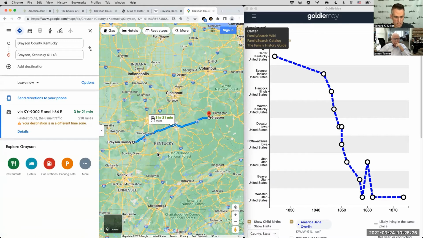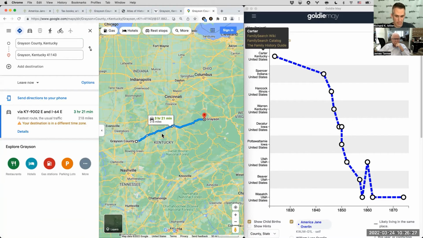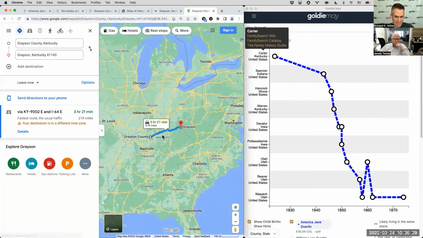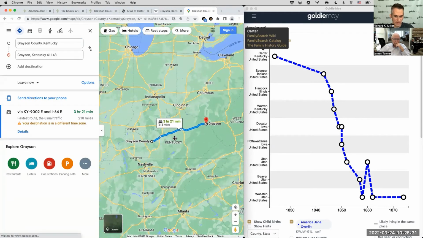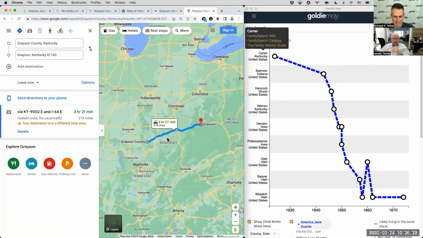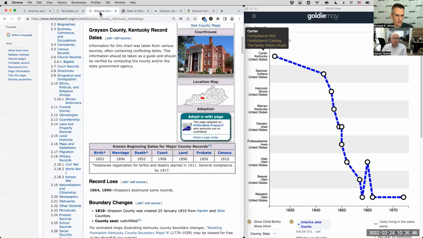218 miles. Okay, pretty far. Yeah, and so in other words, they're two completely different places. And let's find out when Grayson, Kentucky was established. Okay, go back to